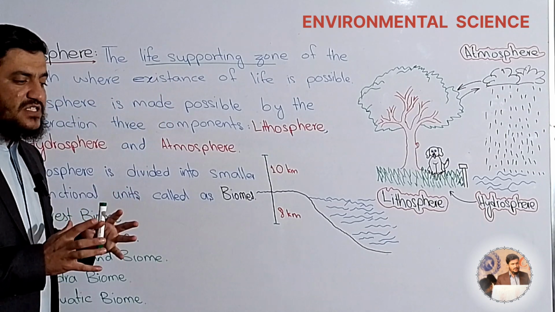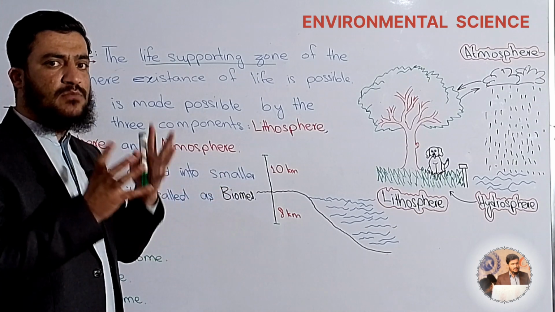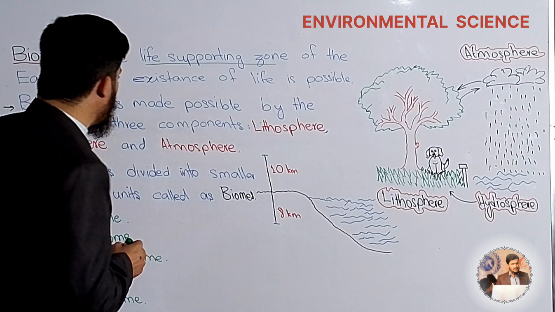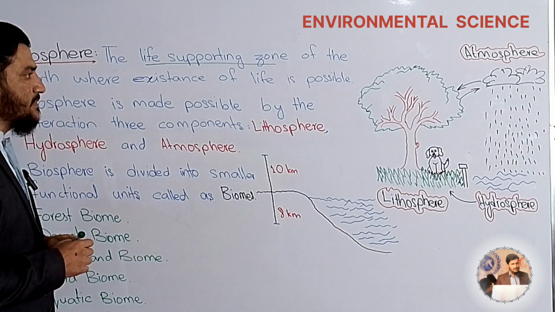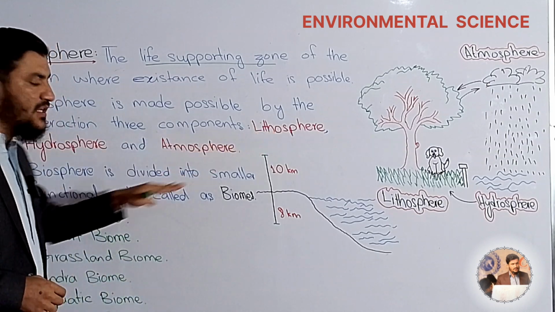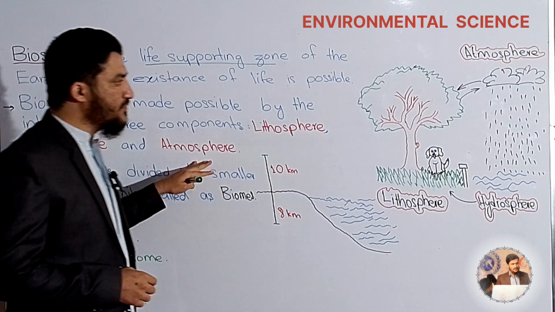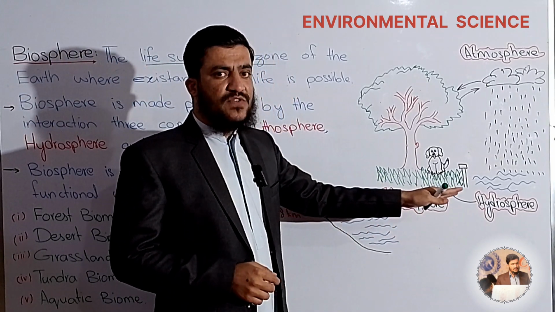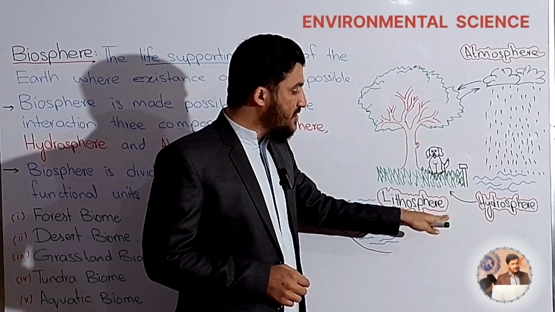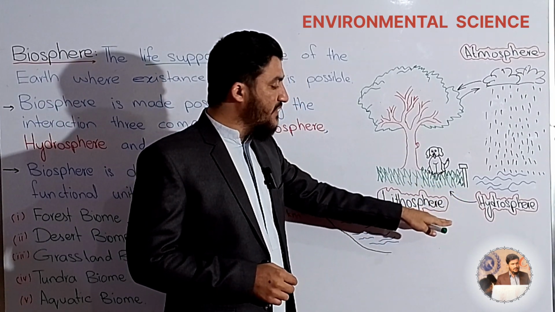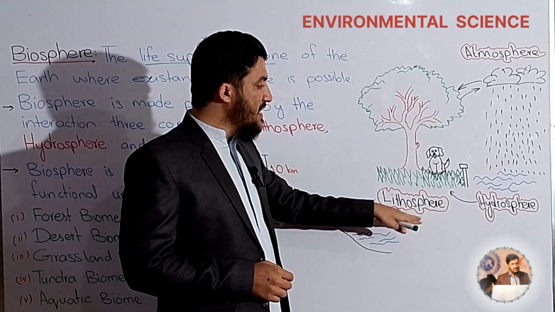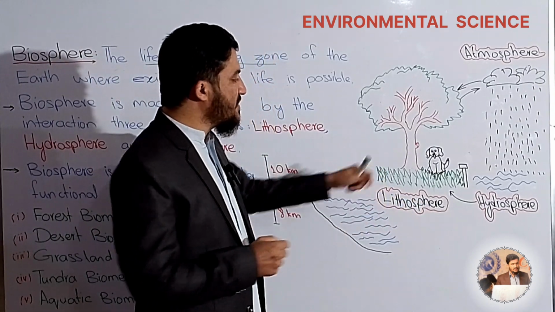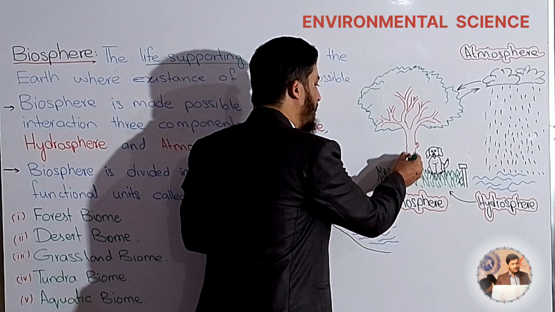ठीक है, बायोस्फीयर जमीन का वो हिस्सा है या एनवायरमेंट का वो हिस्सा है जहां पर जिंदगी का वजूद मुमकिन हो. ठीक है, and it is made up of three components: the lithosphere, hydrosphere and atmosphere. ठीक है, इस पिक्चर में आप देखें एक मिट्टी है. ठीक है, then comes the hydrosphere, water. So it takes water. The hydrosphere gives water to the lithosphere. जमीन पानी लेती है. ठीक है, and then it transfers with the help of animals and trees,